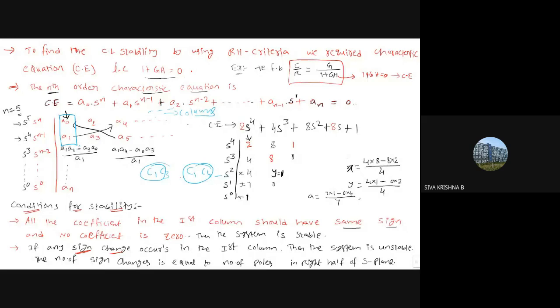This is mandatory. And after that, how to check the stability in this RH table. So by using these formulas and this procedure, based on these three steps, we are going to extend up to